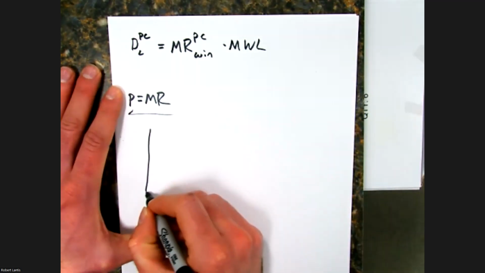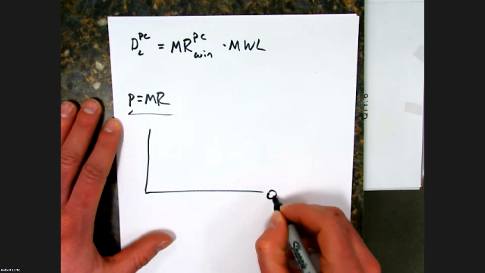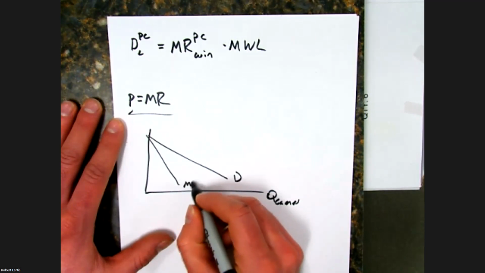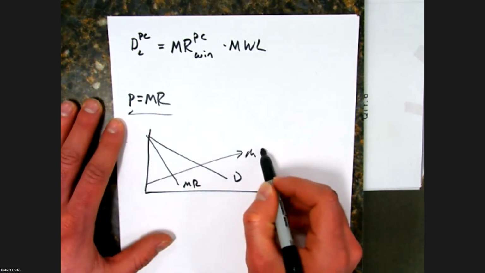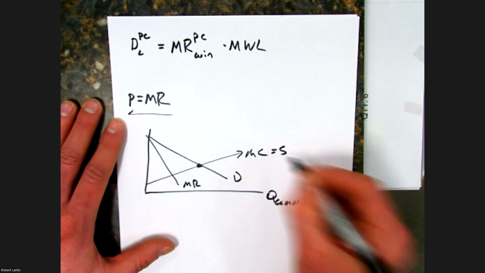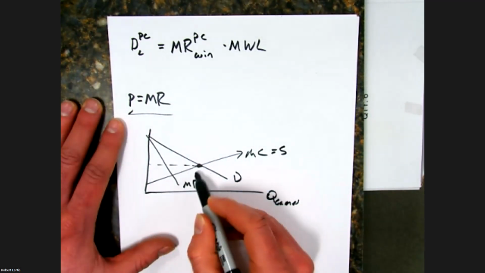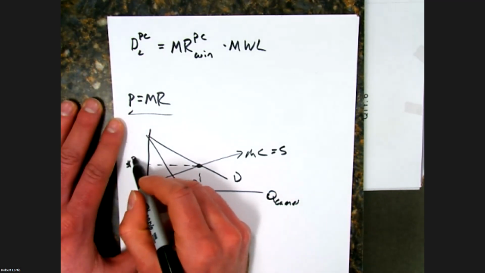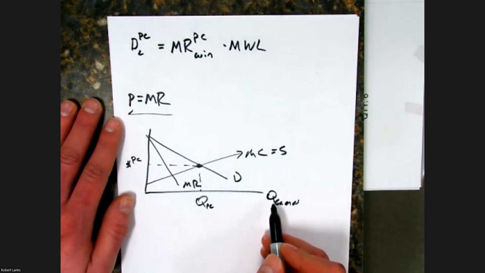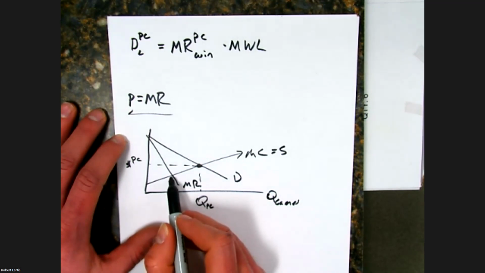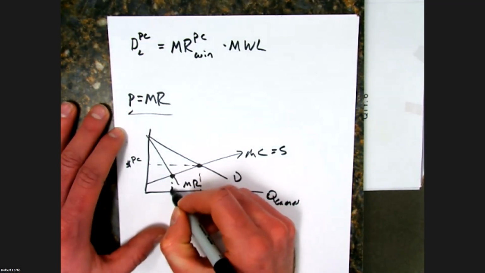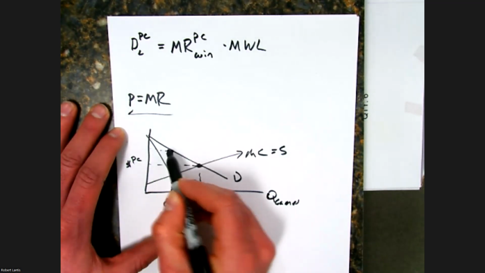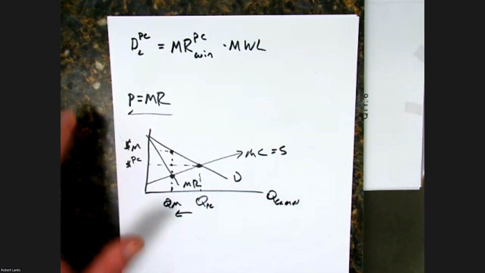If we have a monopolist in the product market, so we think about this as the quantity of games, we've got demand, marginal revenue, we could even do increasing marginal cost, which reflects supply. I call this the dollar amount of the perfectly competitive, how much each game is worth to that team. If I'm a monopolist, I actually restrict output, but then I go up the demand curve, and I'm able to make a little bit more money per game.